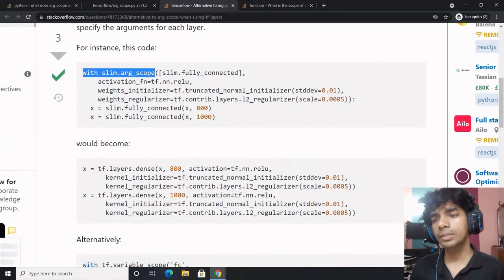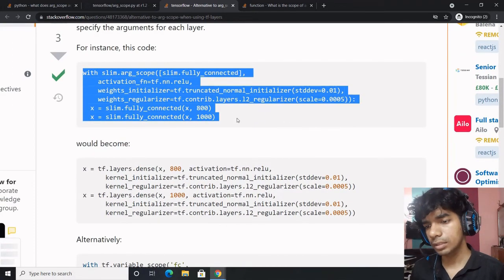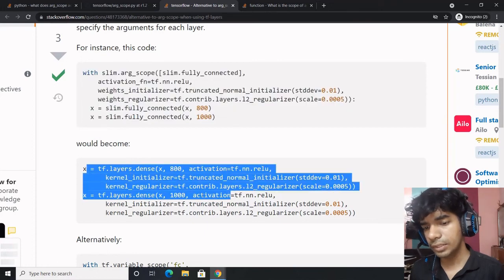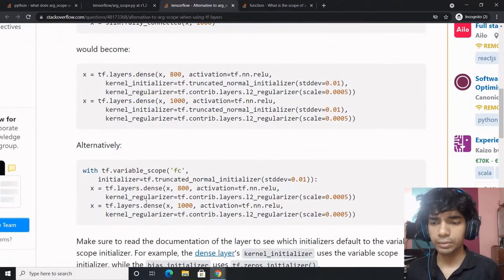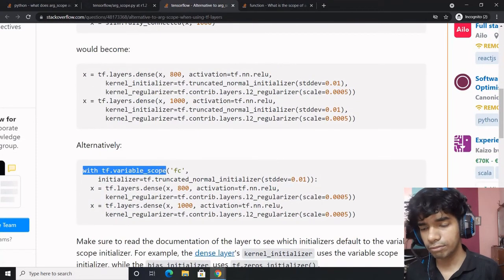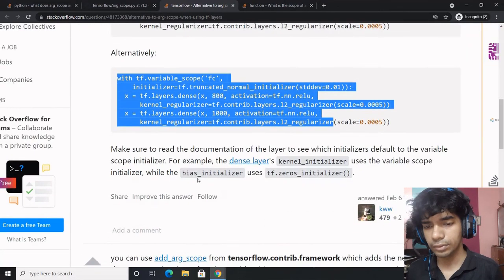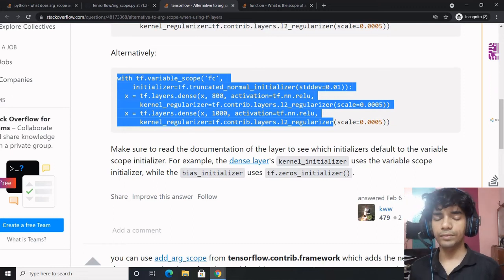Okay, either you can use slim.arg_scope, this is how it would be, and that would eventually become this core TensorFlow type. Else, you can use tf.variable_scope. That's also the same. Make sure you read the documentation of the layer to see which layers.